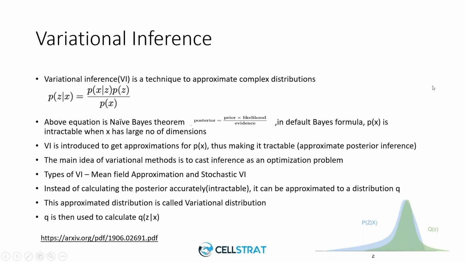So Q is an approximation of P? Correct. Q is an approximation, basically a Gaussian distribution given by us, which will help to learn the properties, parameters of the posterior distribution, yet not being intractable, being tractable. Okay. And then you are using KL divergence to minimize the distance between P and Q. Correct. Okay.